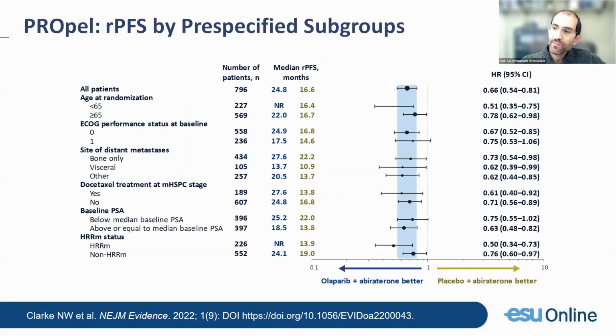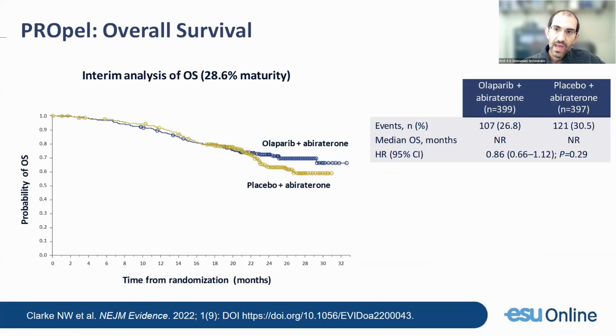And interestingly enough, in the patients with homologous recombination mutations, the benefit was greater, with the hazard ratio becoming even better, 0.5. But even in the patients without homologous recombination mutations, there appeared to be a benefit in this post hoc analysis, with the upper limit of the confidence interval not including 1.0. So you might hypothesize that perhaps there truly is a synergy between AR inhibitors and PARP inhibitors, even without requiring a homologous recombination mutation. As was mentioned, the overall survival is not yet mature.